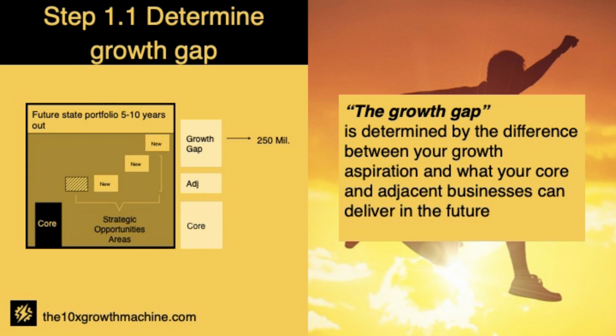So on the left side, you see the chart where you have a future state portfolio over 5 till 10 years. And you see that certain opportunity spaces can deliver growth for the business, and you can also see that the core is quite stable, so it cannot deliver that growth opportunity. This is what we need to understand very clearly, because that determines also what type of growth opportunities we are